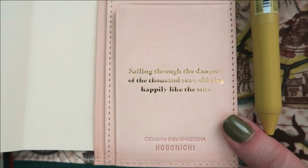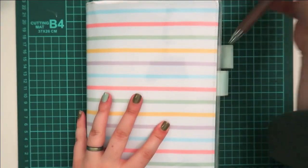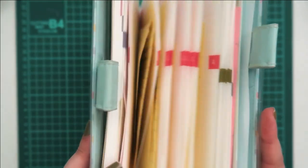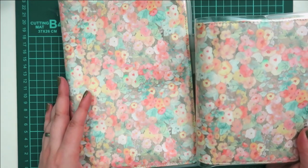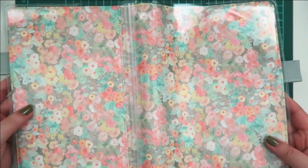I love this cover, but it is one I'm a little bit more delicate with. Now moving on to the A5 covers in my collection, I have the pastel rainbow stripe. I bought this after the fact on Etsy and I use it as my work planner. I just love this color. And then I ended up getting the watercolor Liberty Fabrics cover in the A5 size because I just really love